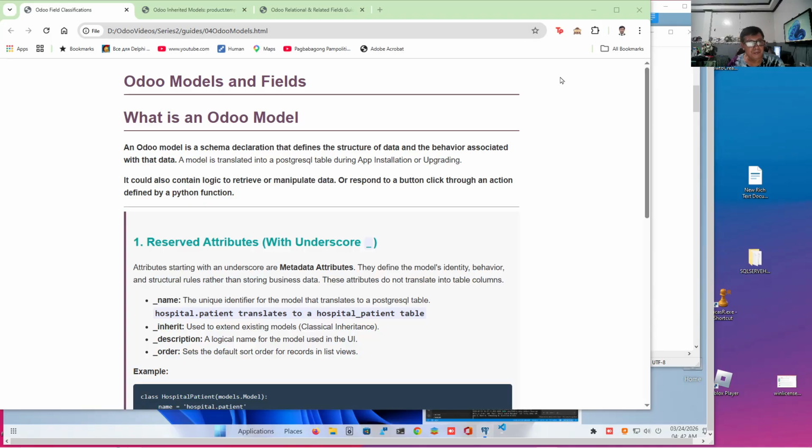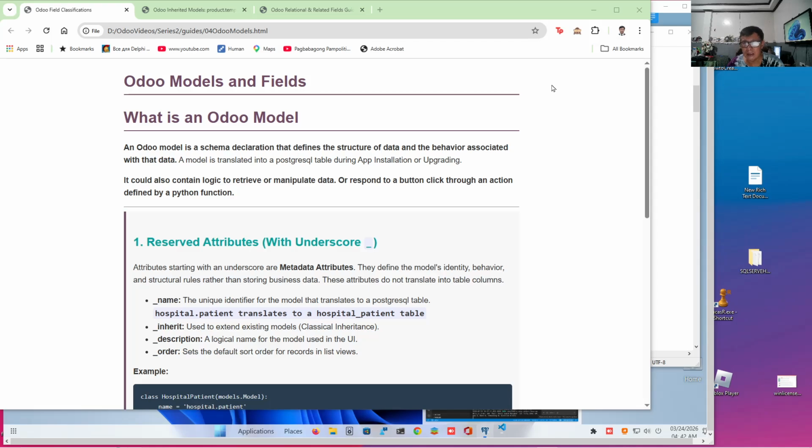Now, what is an Odoo model and what is an Odoo field? A model is a schema declaration. It's just like an SQL create script that defines the structure of data and behavior associated with that data. Why do we use this? Because we want to avoid SQL.